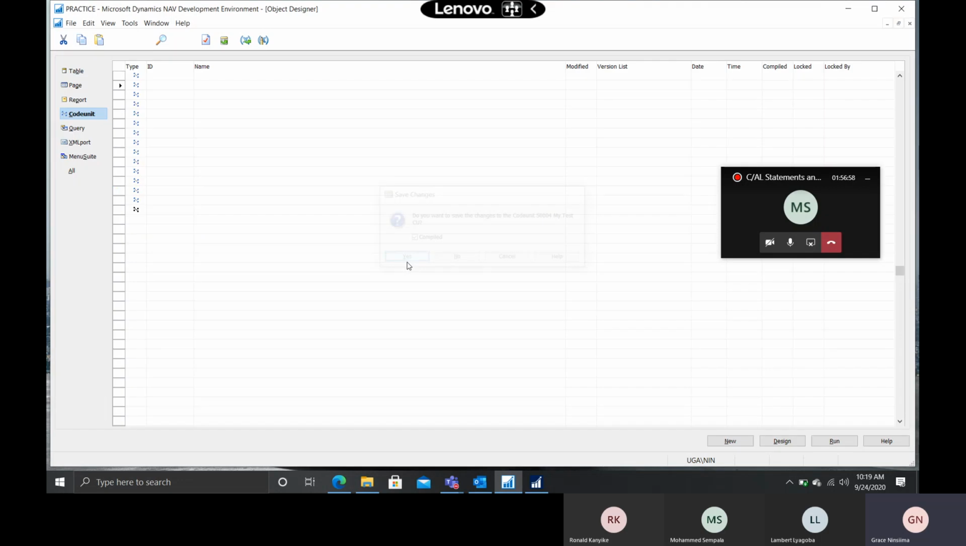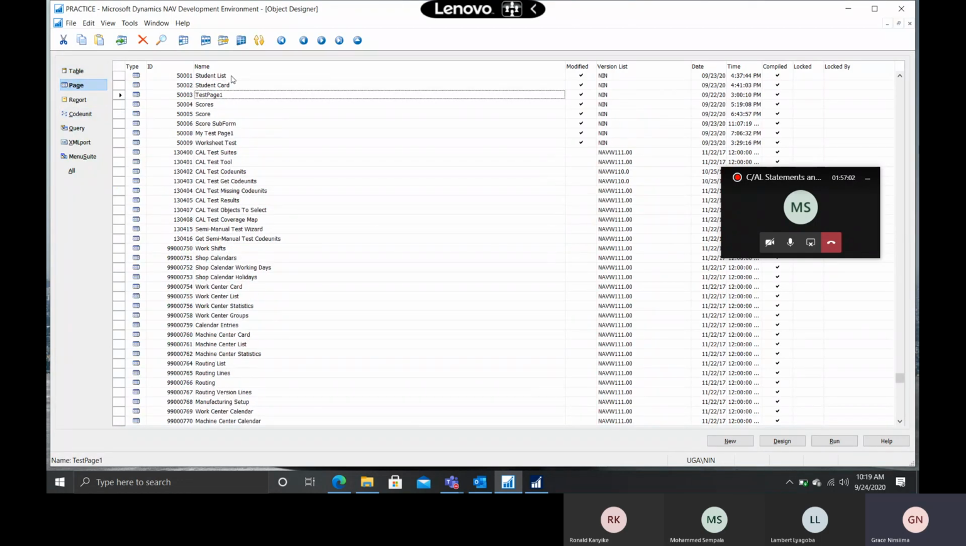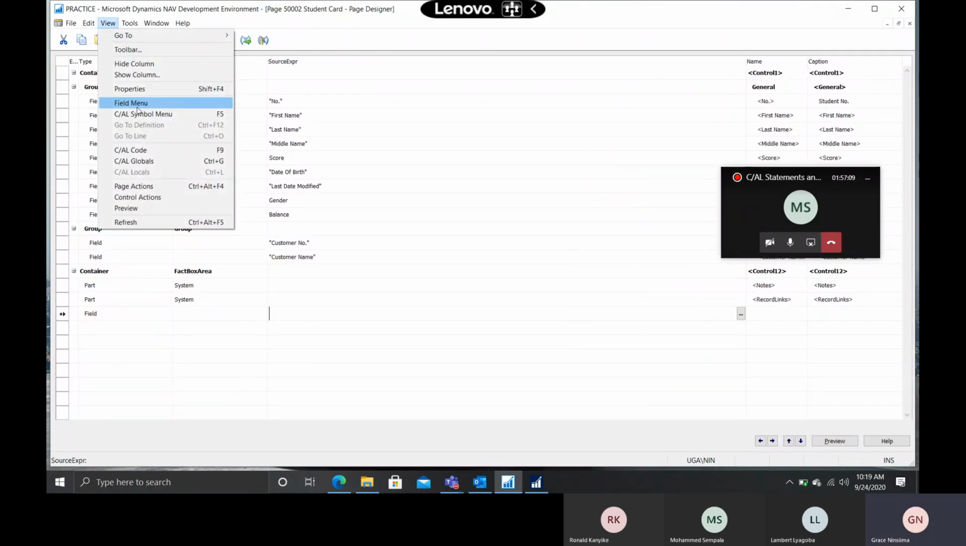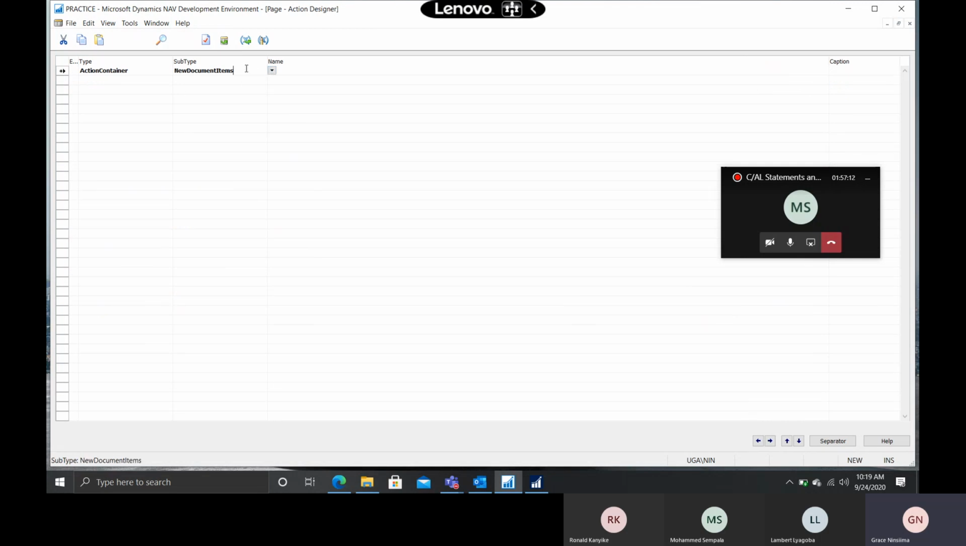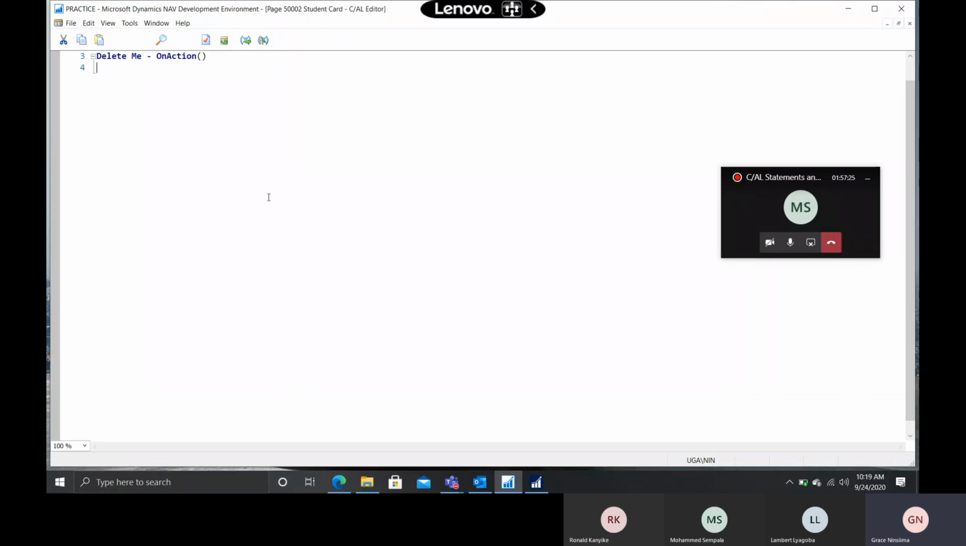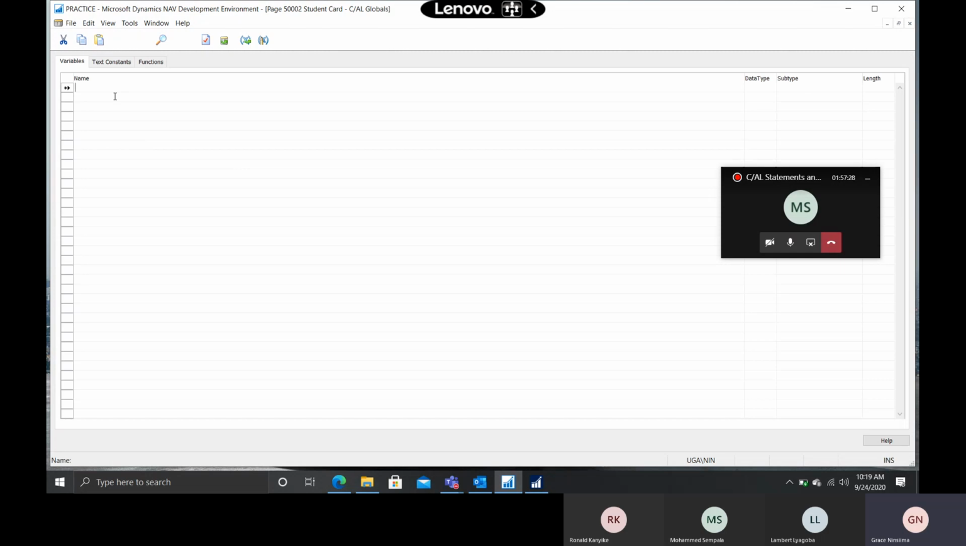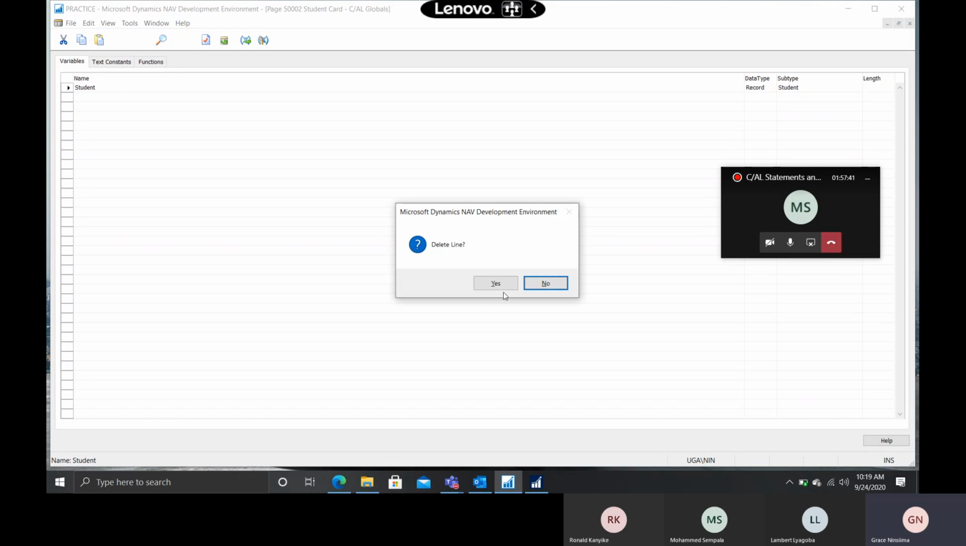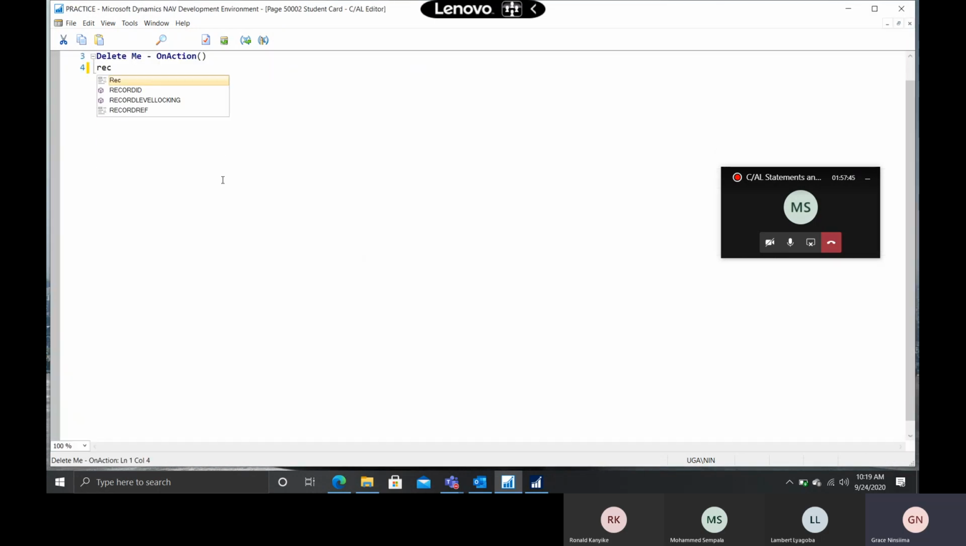Let me go to the, if I go to my page, student card, yeah. View, page, actions. These are action items. I can call this delete me. The delete is already there. I'm just doing this for testing. Then if I click on this, I can declare now a variable in globals. This is a record of student. Oh, I don't even need to, okay, I have that record of student, but I don't need to even declare this because I'm already on this page, and I can use my rec variable,